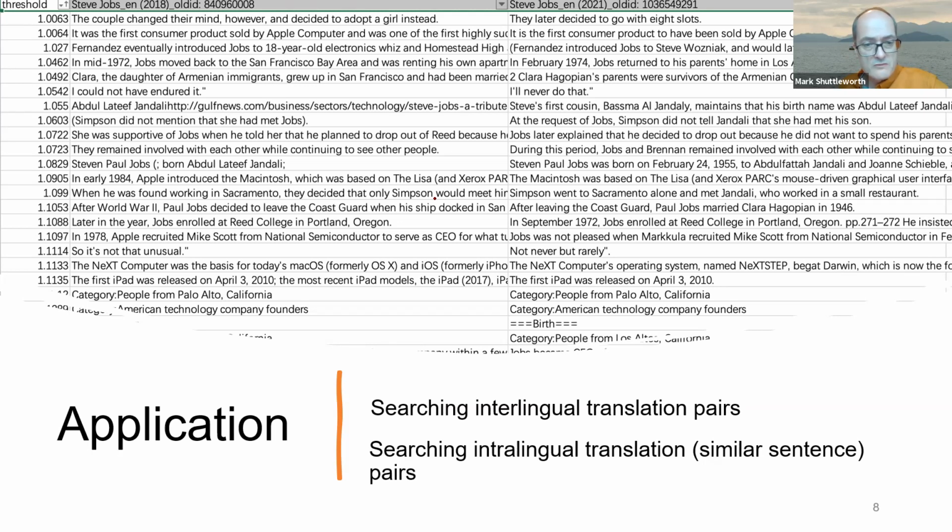Maybe as we go down, we start to see some slightly better alignments coming up. And if we went right to the bottom, because it's arranged in this order, then we would see very good